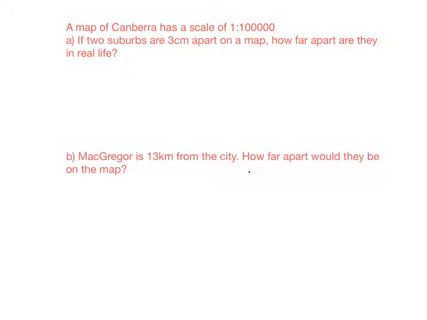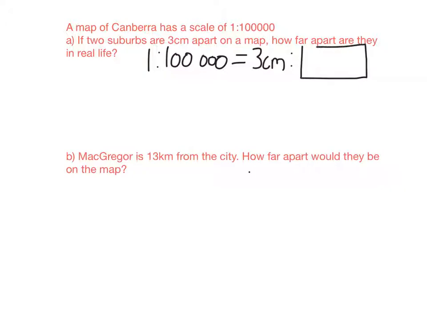So we know that the scale is 1 to 100,000. Now we need that to equal 3 centimetres on the map. We need to figure out how far that would represent in real life. So these two last numbers correspond to real life. The first numbers correspond to distance on a map. So all we have to do is figure out what number goes in there so this ratio and this ratio